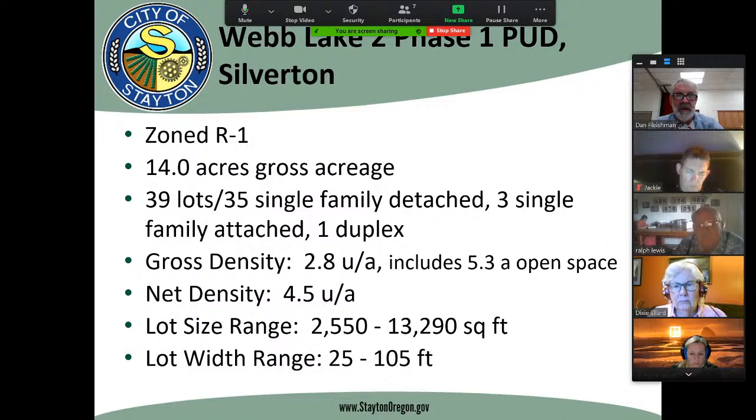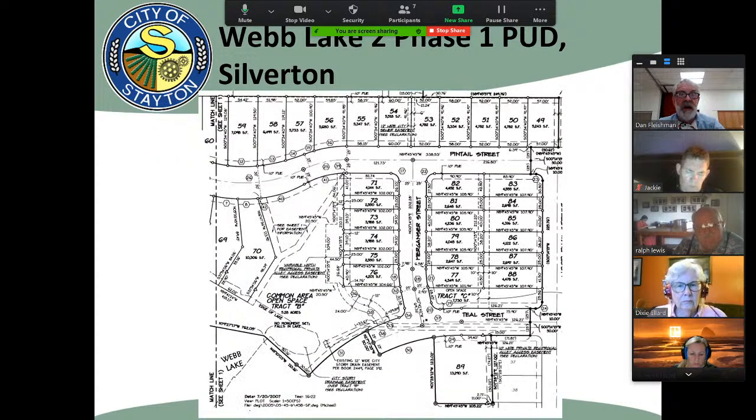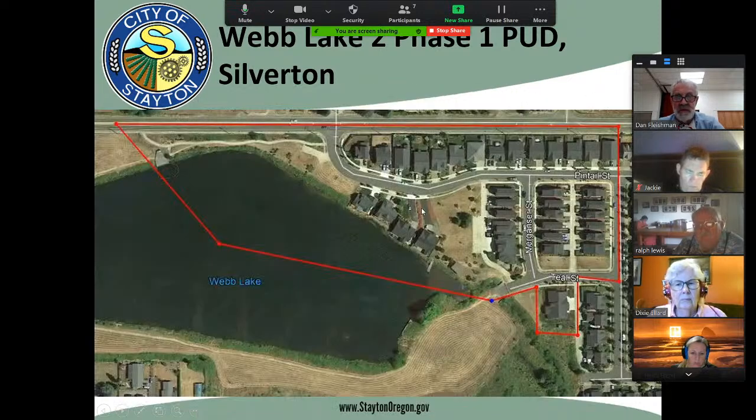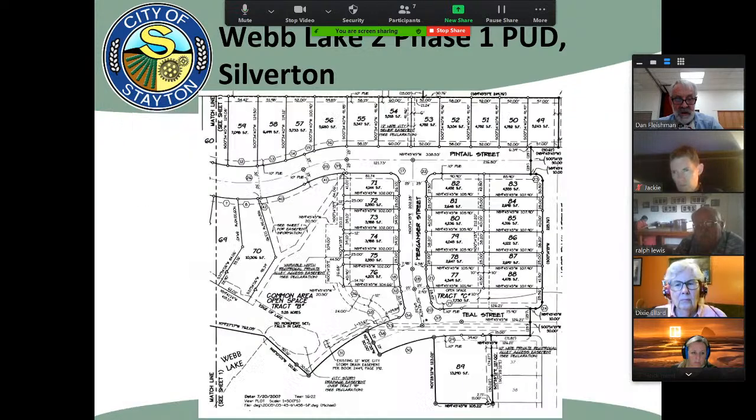Let's see. The Silverton subdivision has some lots with as little as 25 feet of frontage. Here, all 3 of these lots right here are only 25 feet wide. As are others here, 25 feet wide.